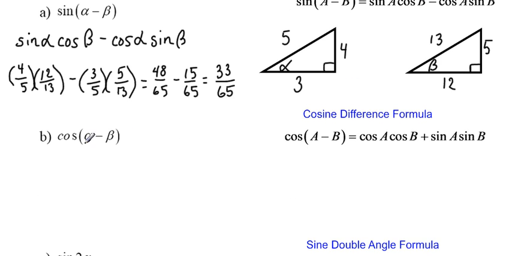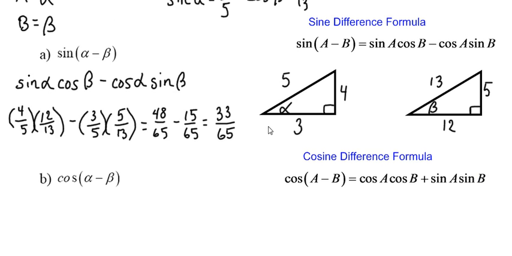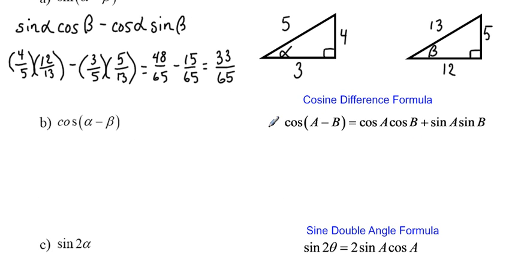Next up, we have the cosine of alpha minus beta. The cosine difference formula states that the cosine of one angle minus another is the cosine of the first angle times the cosine of the second angle plus the sine of the first angle times the sine of the second angle. So let's go ahead and rewrite this using our alpha and beta. So it's going to be the cosine of alpha times the cosine of beta plus the sine of alpha times the sine